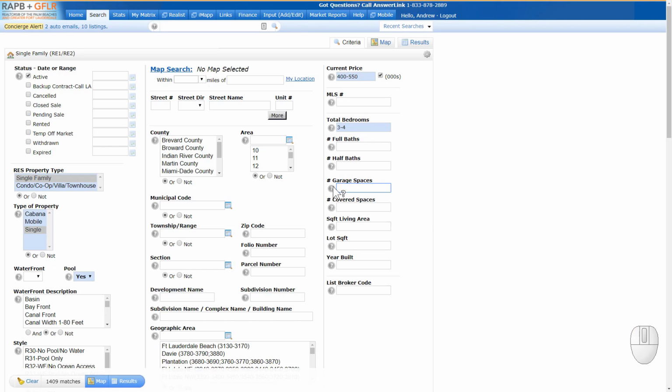Garage spaces, I don't know if I mentioned in the criteria, it's 2 garage spaces, 2 plus. And then the square footage is going to be 1,700 plus. The year built is going to be 1980 plus. So basically, if you were to search for a range, so let's say from 1980 to 1990, you can just type it 1980 to 1990, and that will search within this range. But in this case we're just going to do 1980 plus,